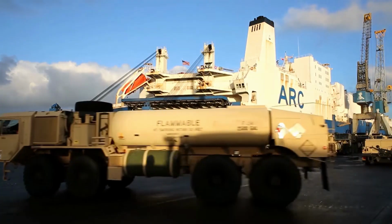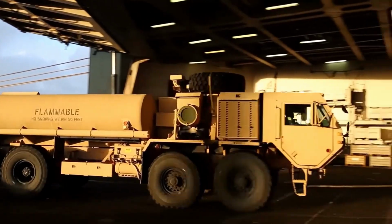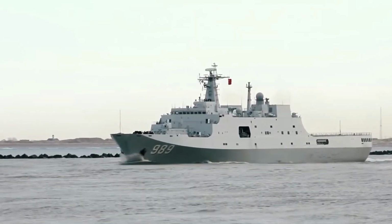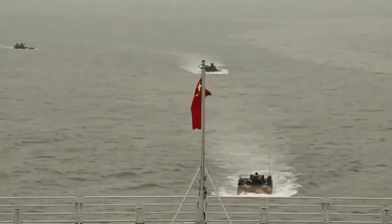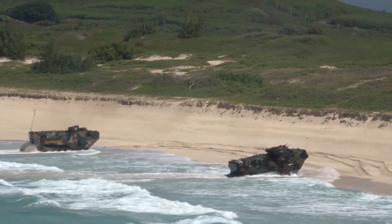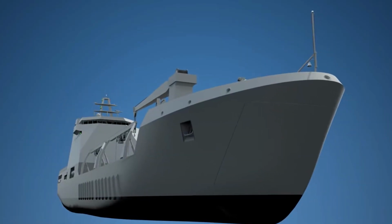RoRo ships are usually the best option for moving tanks across large bodies of water with a port waiting on the other side. But what about situations when the military needs to be more discreet than unloading at a port? The solution is amphibious warfare. It is an offensive operation used to move ground and air vehicles to a place that is unsafe or too visible to land. One of the best-known examples is the landing ship tanks, or LSTs, used at Normandy on D-Day